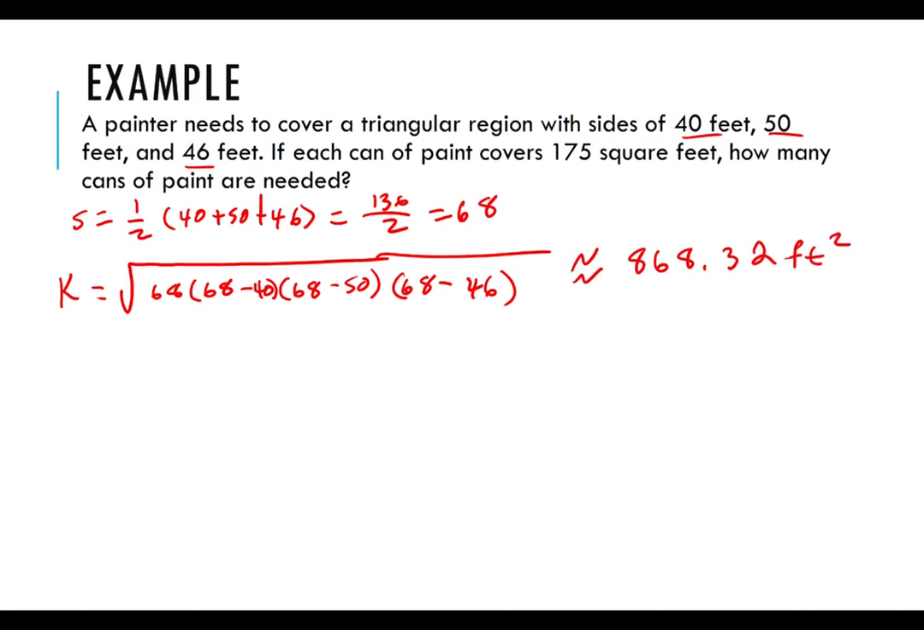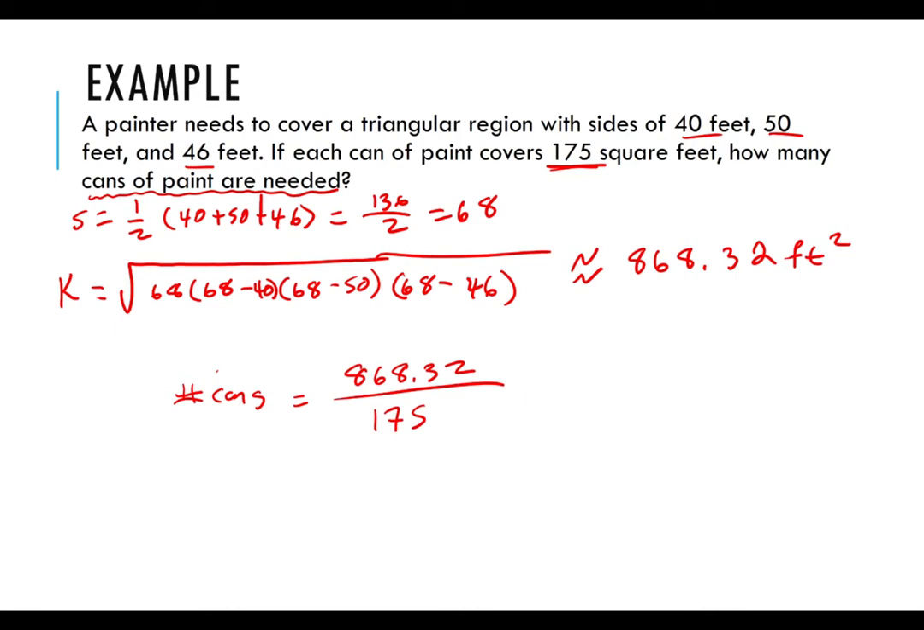Well, then the question becomes, if each can of paint covers 175 square feet, how many cans of paint are needed? And so if the coverage is 175 square feet, we really just want to know how many cans will it take to cover this. And so I claim that the number of cans needed is going to be equal to 868.32 divided by 175, which I get to be